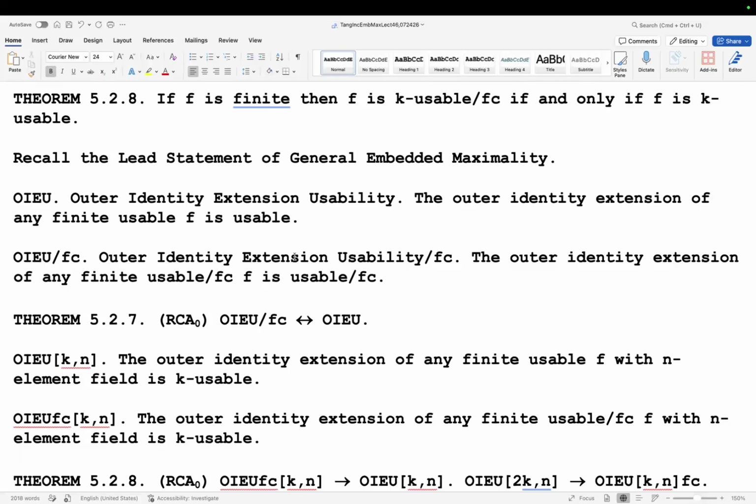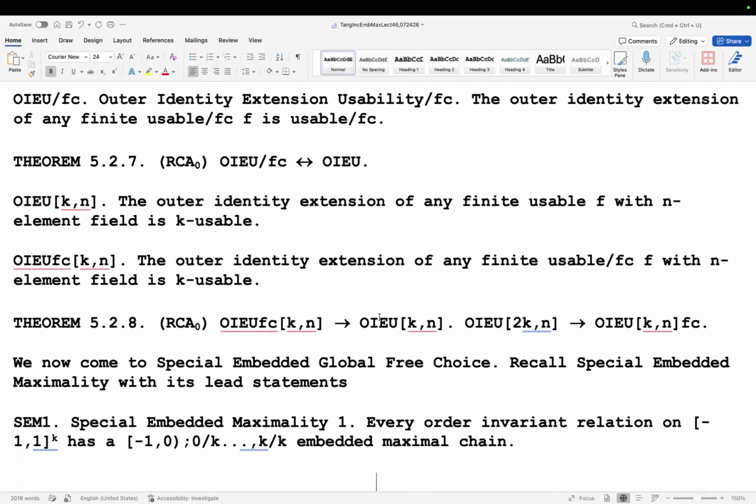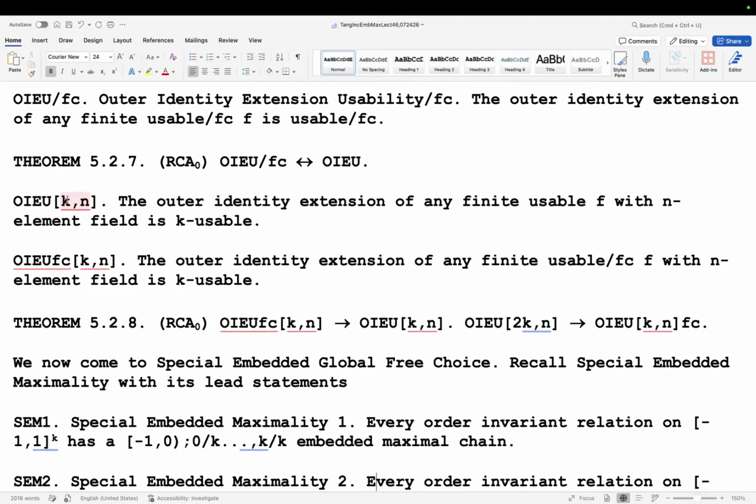F is usable. And now we have this, the outer extension of every finite usable free choice F is usable free choice. See, we have that. And we can show that these are equivalent. And also, if you remember, we also looked at fixing the dimension and the n in here like this. This was in chapter 3, this statement. And then we can make the same statement here,